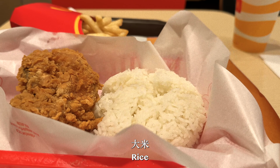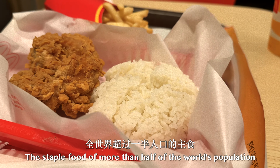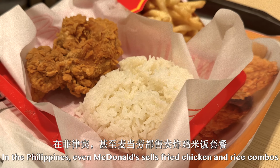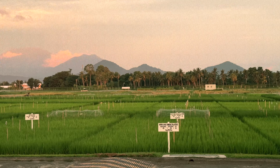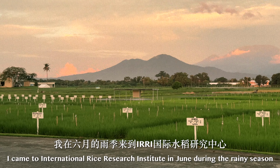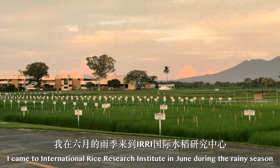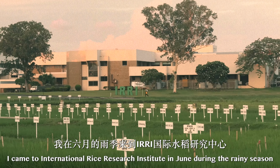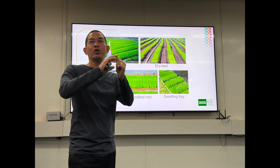Rice, the staple food of more than half of the world's population. In the Philippines, even McDonald's sells a fried chicken and rice combo. But how does rice get from the field to a table? I came to the International Rice Research Institute in June during the rainy season, trying to learn everything about rice. The course has indoor lectures,